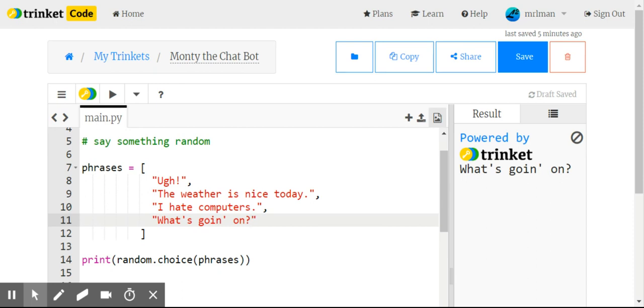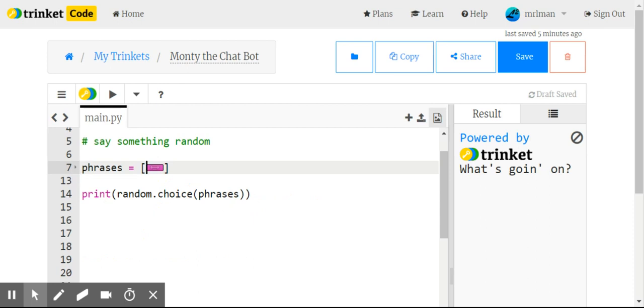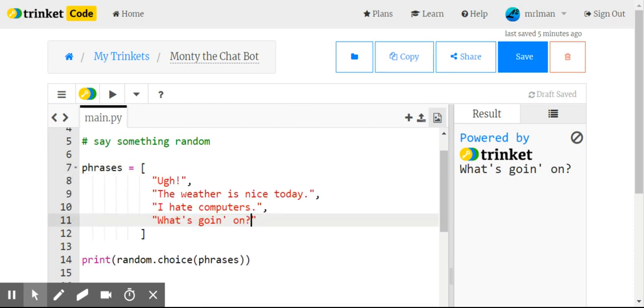Just a note, if you did have a list of seriously 20 or 30 of those, if you click this little arrow here, it would then hide them all for you, and it's not taking up all of your code base, and you can just remember that the phrases were there. Again, I hope that makes your chatbot a bit more realistic, and add your own creative touch and flair. And I look forward to chatting to him or her.